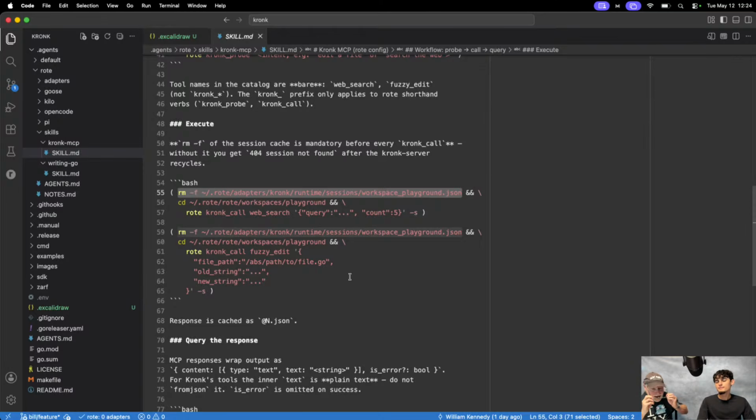So right now, you're going to see me do the one thing you never ever want to do, because if you're doing this, there's no reason to use rote. Yeah, just go back to the default. Exactly. But there's a release coming out very soon where if the session ID that they've recorded is invalid, they'll reestablish the session and then record the new session ID.